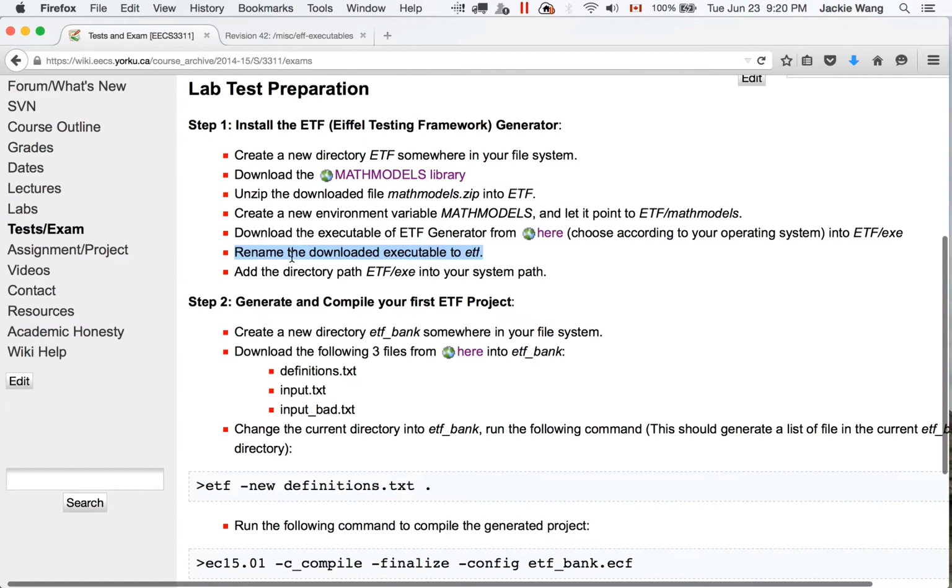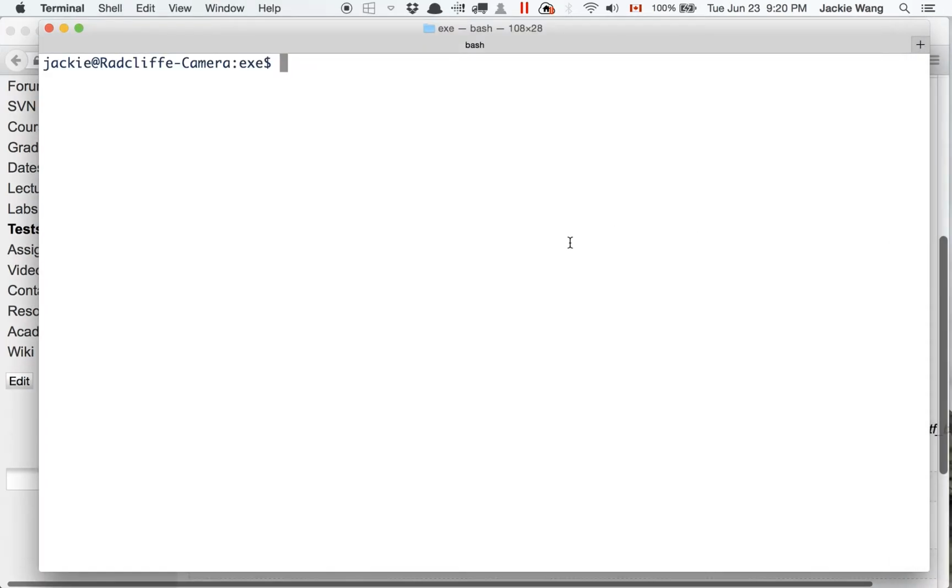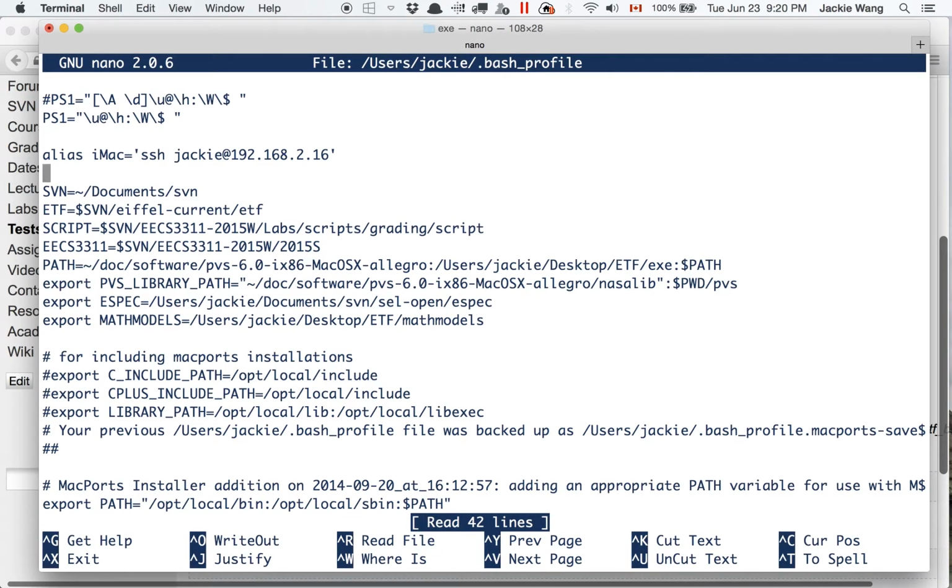Okay, we want to make sure it's always automatically searched through by the system. So what we have to do is to make sure we add this executable path into your system path. Okay, how do we do that? So now on the Mac, let me again go to our bash profile, and then you have to change your path variable, okay, path equals,